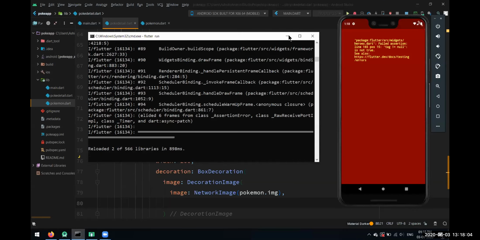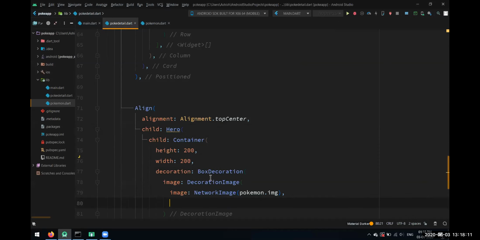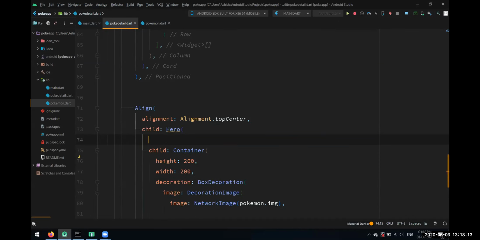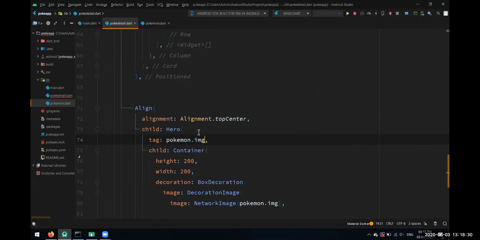It is giving us an error because we didn't give any tag to that hero widget. We'll fix it. Let's give a tag to this hero widget. A tag means it wants a unique tag so that it can translate between the other hero widget in the other class. We'll use a hero widget here and another hero widget on the first page.